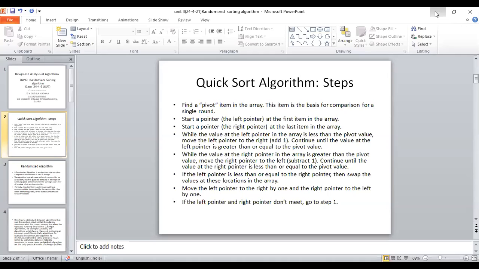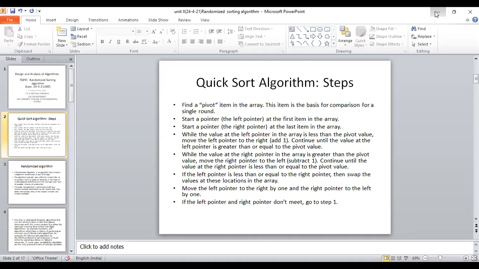First we are checking whether p less than q or not. The lower bound is p and the upper bound is q, and we are sorting the elements from A of p to A of q. If p is less than q, then check the difference, that is, q minus p greater than 5 or not.